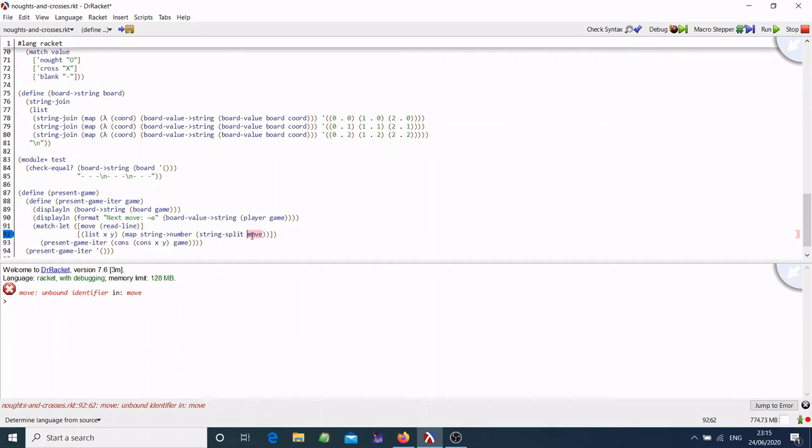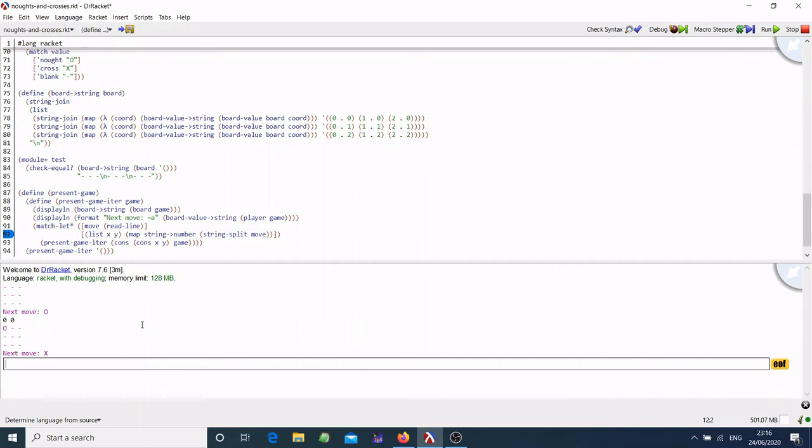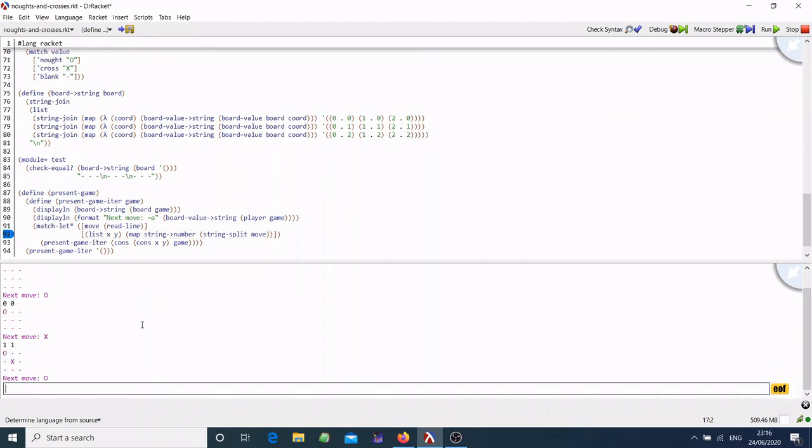Wait. Move isn't working because we weren't using match let star. Next move, O. I want to go in the top left corner. Now we've got our O there. Next move is for X and he's going to go in the middle. Alright, now O